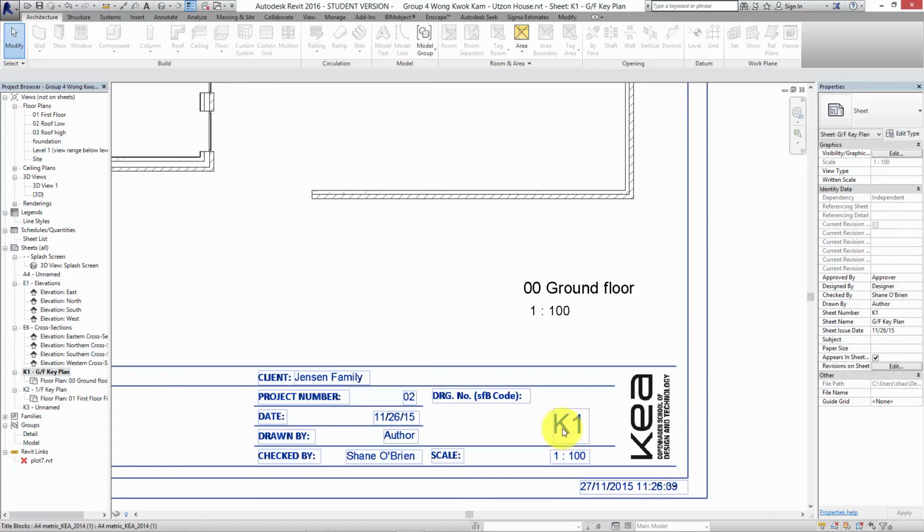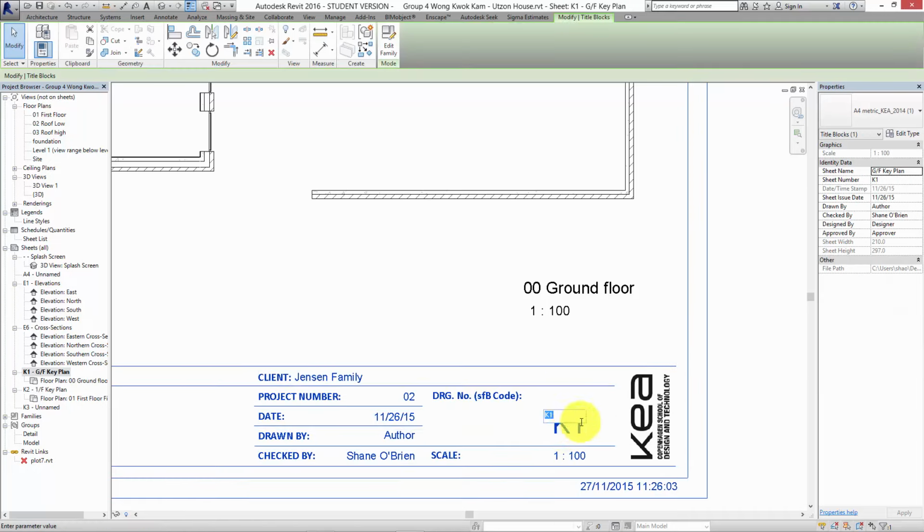So if I was just to change this here, if I can just click on this, and because it's showing me the entire house, and it's not talking about any specific element in particular, this would have the code of 99. 9 in the SFB code always means everything. So 99 means absolutely everything. Okay, so just at concept stage, I would just put a bracket in here, 99,